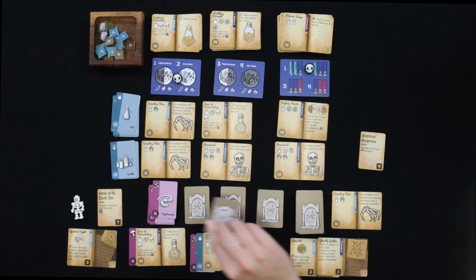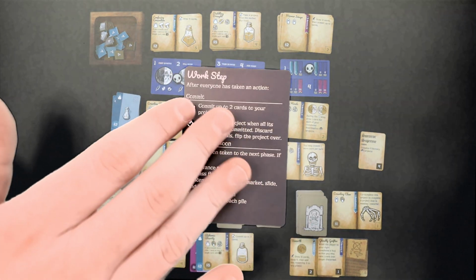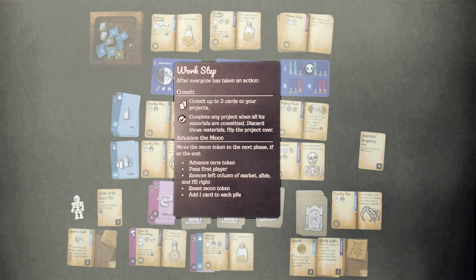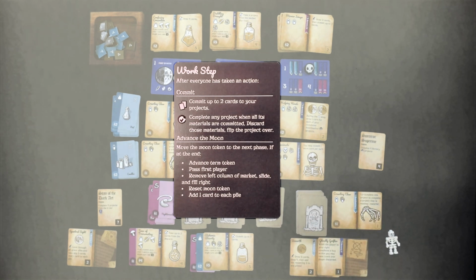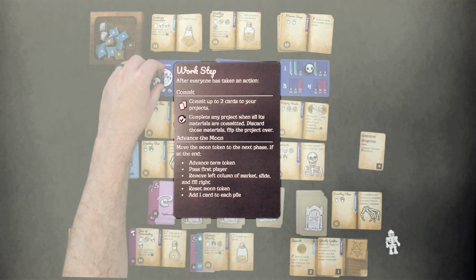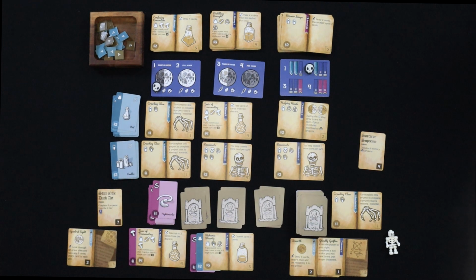You're also going to take a card to add to these different graveyards, and all of that's kind of laid out. Let me go ahead and show you this on here. Once you advance the moon, you're going to move the moon token to the next phase. Advance the term token, which we did, past the first player, which I did not do. Sorry. After that moon, then we're going to reset the moon token. We're going to put this back over at the very beginning, and then again we added one card to each pile. So that shows all that you do. You're going to keep playing through, again, 4 rounds of that,